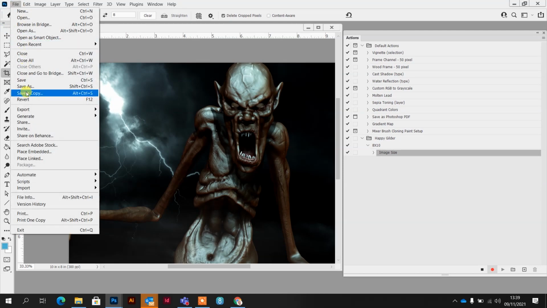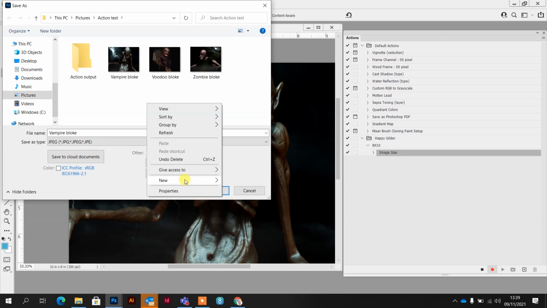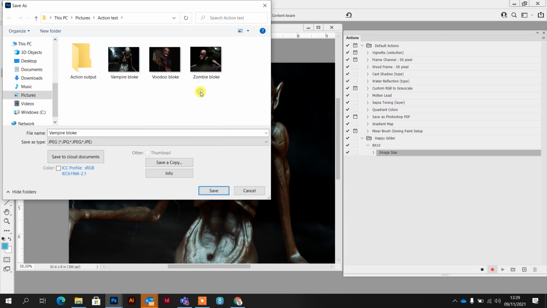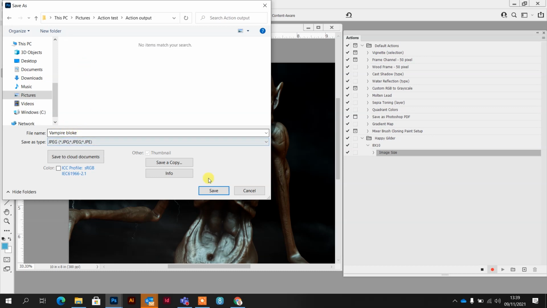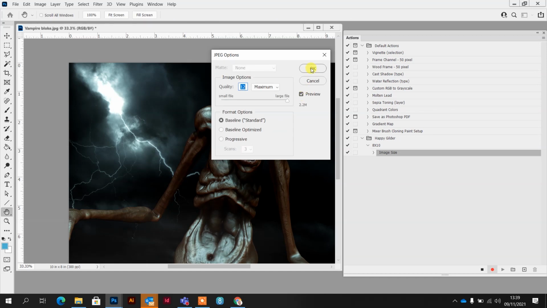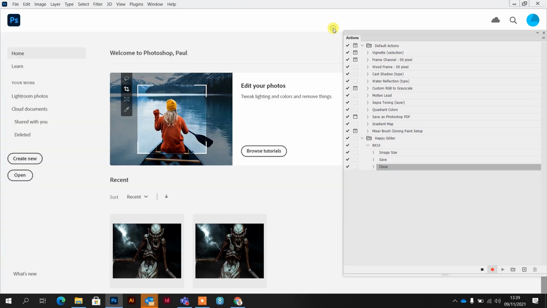So I go to File, Save As, and then within here I've already created a folder. If you wanted to create another folder in here, it's not going to record that as part of the action. It's only recording stuff that you're doing in Photoshop. So I'm just going to go in here, keep the file name the same, to save, OK, and then I'm going to close it. And now if I press stop,